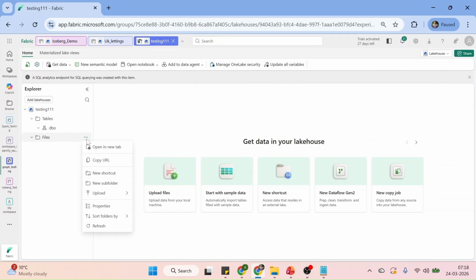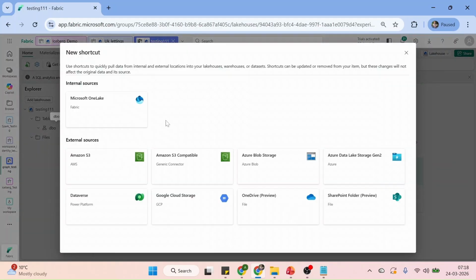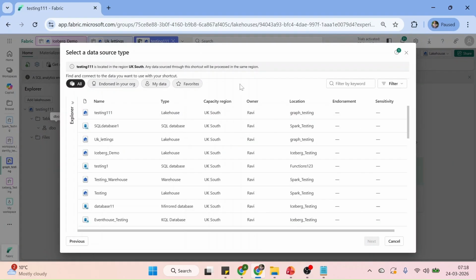So what I will do, I will create a table shortcut. I have the option of even creating file shortcuts. Let's create a shortcut on the tables. I have already created a video on shortcuts which you can refer to if you want to explore more about shortcuts. So there's a schema shortcut and there is something called table shortcut. So I'm going to create a table shortcut this time. So new table shortcut, and I already have data which is stored in the UK Latinx one. So I will just click on this,